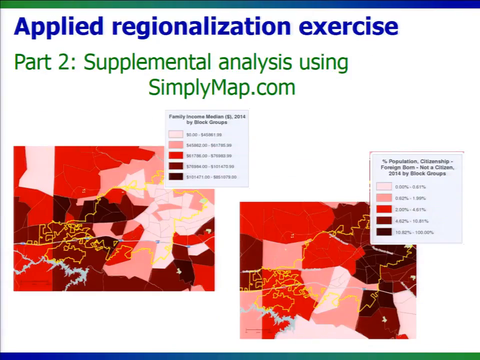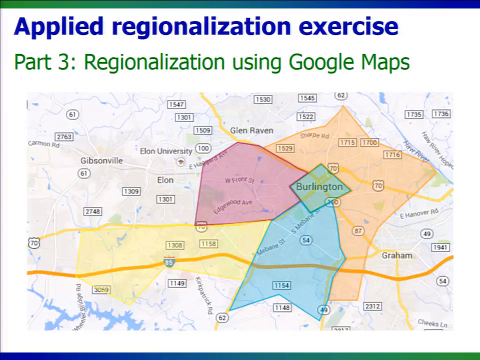It's not a GIS class, and so I wanted to give them some exposure to GIS. Simply Map is a site that our university has a license for, where you can go and look at a bunch of the census and demographic variables and create some maps right online. So their own personal visual experiences connected with some sort of analysis of the regions, and then think more critically about the regionalization concept and process as we go.